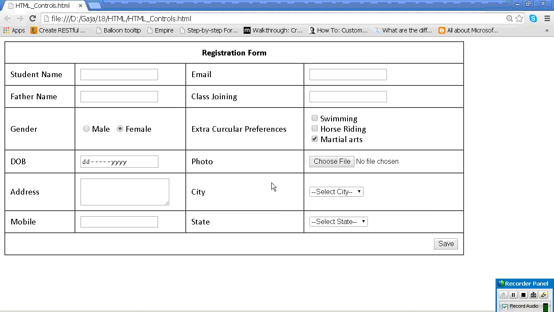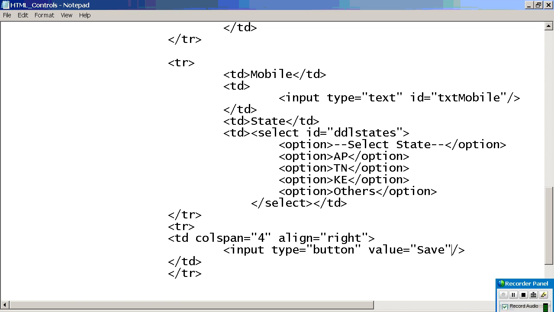If you ask for scrolling down, even if you are ready, you can do that. But to make it more attractive, I have used it. Not only 4, you can make 6 columns also. Then this width will reduce. Can you understand my point? When we go for big forms, like bank registrations or a bank application, it will be a very huge form. Then they will comprise everything within the table, to make sure that users are not entering by scrolling down. So now save. One more control is there.